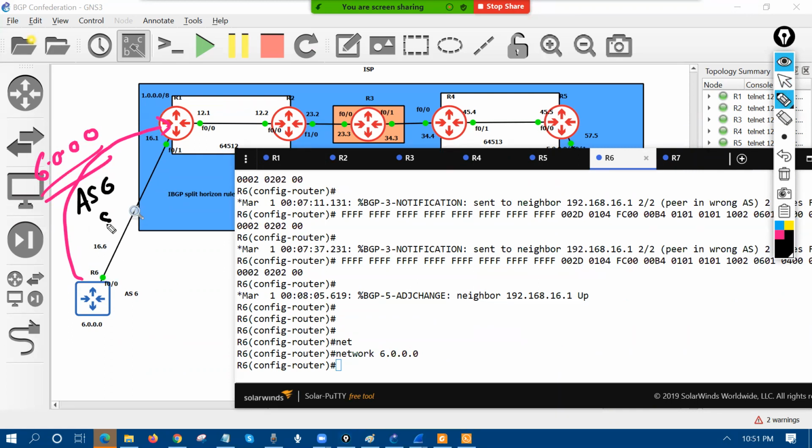So this is the eBGP connection over there. But when R1 sends the update to R2, what happened? We have 6.0.0.0. What will be the next hop in this case? The next hop will be 16.6 still, right? In the R2 table,